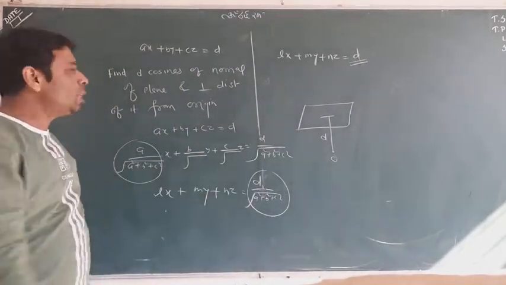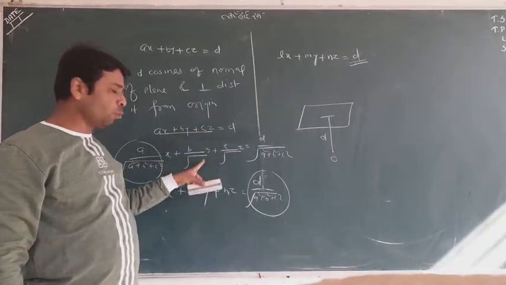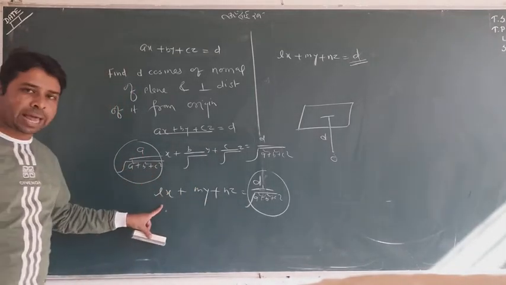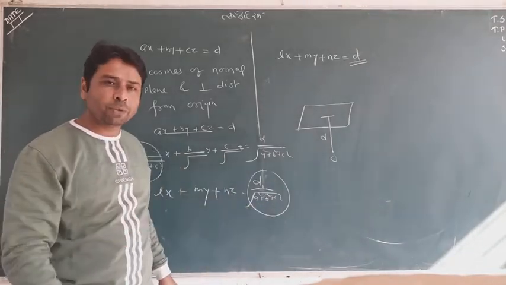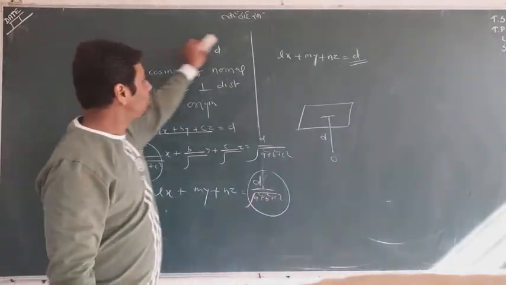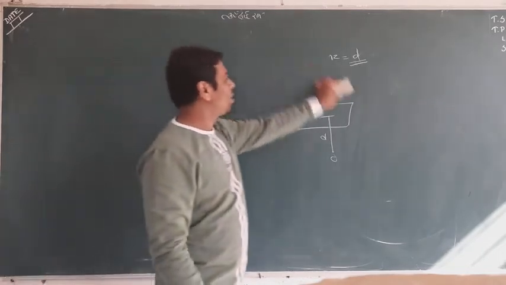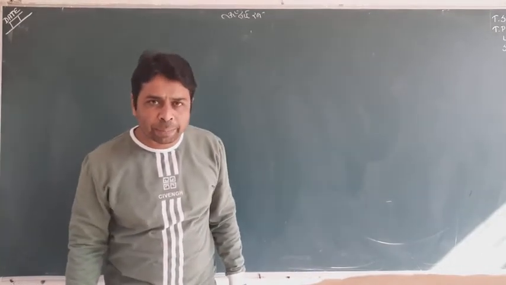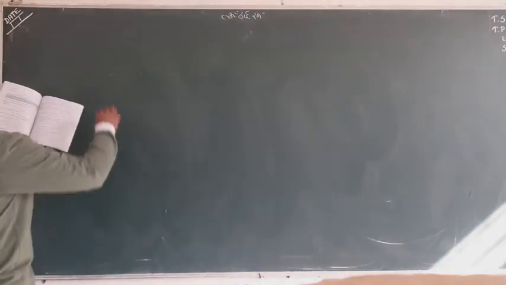Try to understand. This was your general form. You divided by the root of a square plus b square plus c square. A upon the root of a square plus b square plus c square has changed to L, this is M, this is N. So this is going to be your perpendicular distance because you have already converted. Remember that whenever the general form is with you and you want to find the perpendicular distance d, you have to convert. If you want to find L, M, N, you have to convert. So please try to understand. I tell you one example so that you could be comfortable regarding that. The question is in front of you.